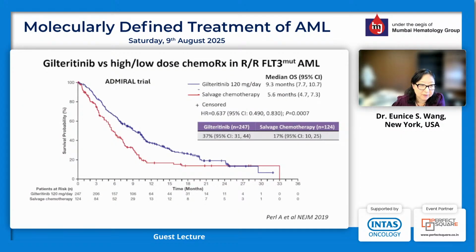And what we found, however, was that regardless of whether it was high or low intensity therapy, gilteritinib had, I would say, almost double the median overall survival as compared to chemotherapy lacking any FLT3 inhibition over time. More patients achieved a response, 37% with gilteritinib, almost double what we saw with salvage chemotherapy. And this was the first sign that really targeted therapies could be even superior to intensive backbone therapy for our